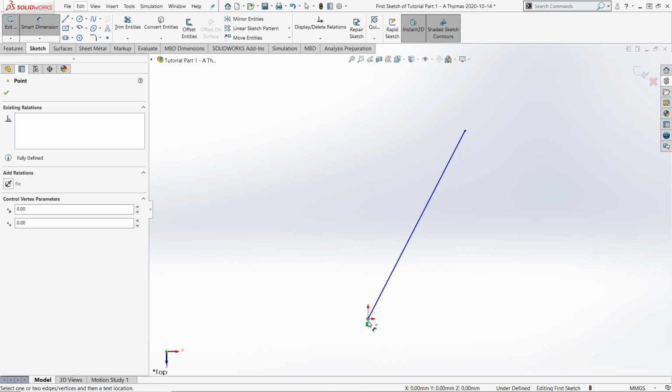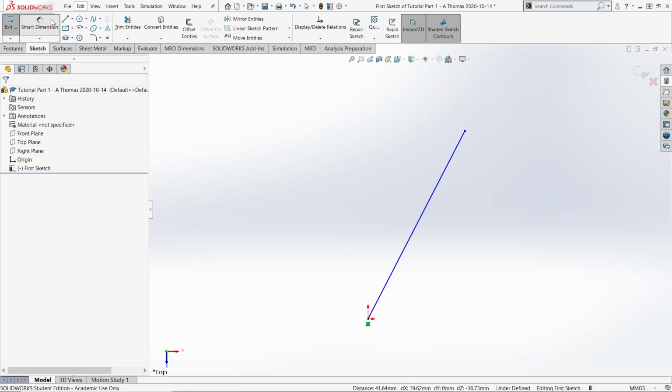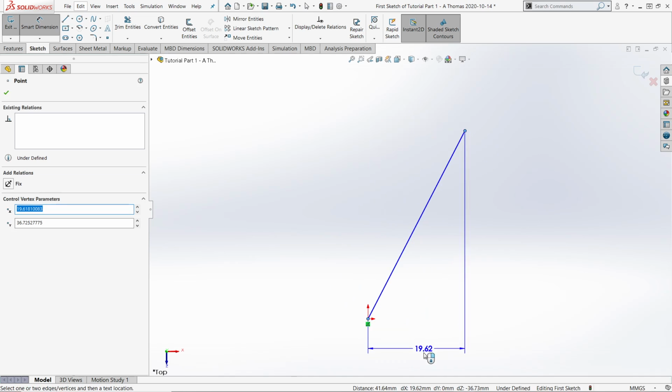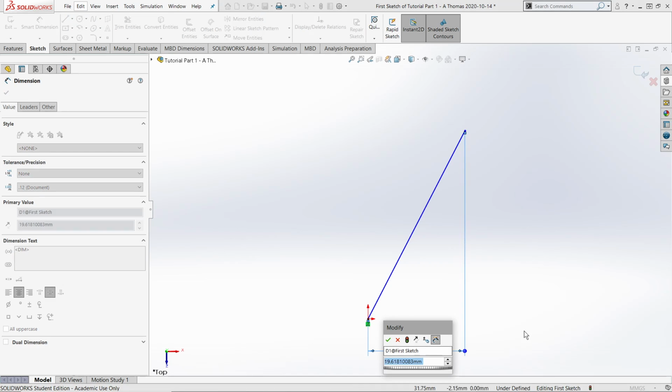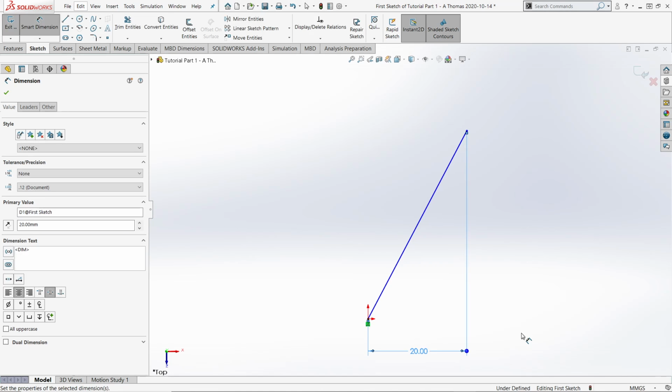So I'm going to click the smart dimension, I'm going to click the first point, and then control click the second point. Actually, do you even need to control click? No, you don't. Fun fact. I don't know, it's good practice in general to be comfortable with. If you want to select multiple things, you hold control. I'm going to give it a horizontal dimension of 20 millimeters,